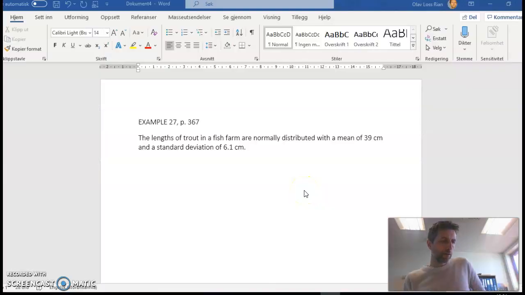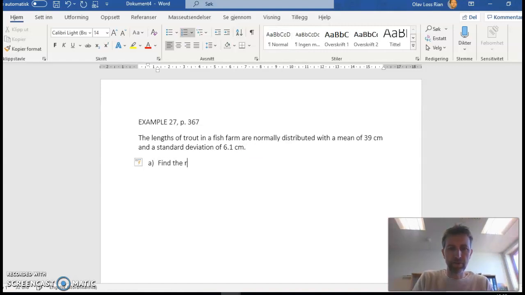Right, so we'll look at one example of normal distribution, and this is example 27 in the book, page 367, where you have the length of fish, the length of trout in a fish farm, normally distributed with a mean of 39 centimeters and a standard deviation of 6.1 centimeters. So the first task here is to find